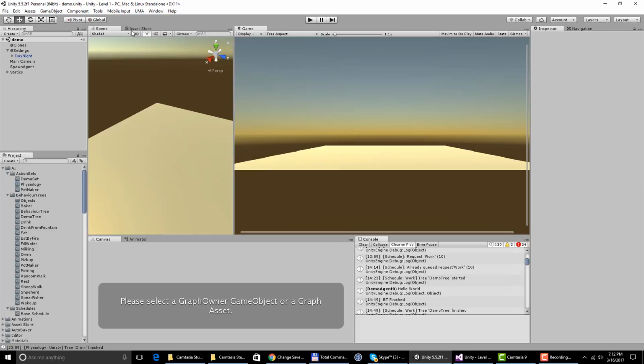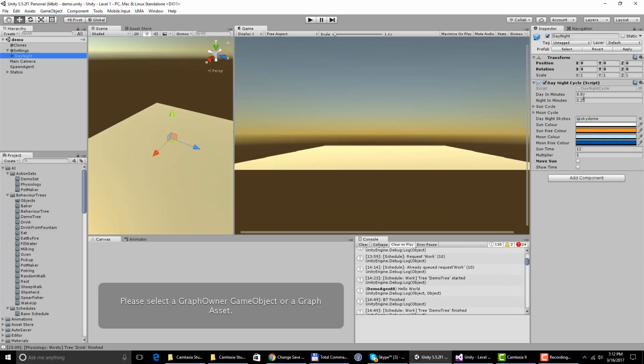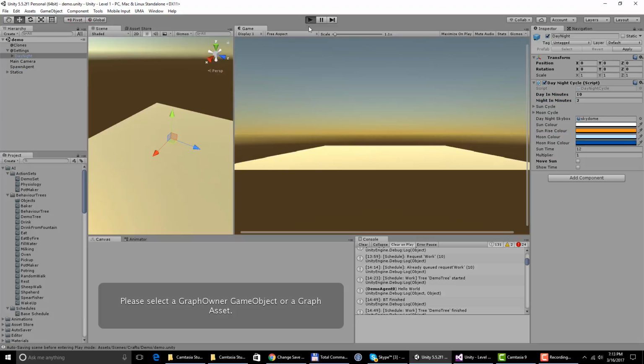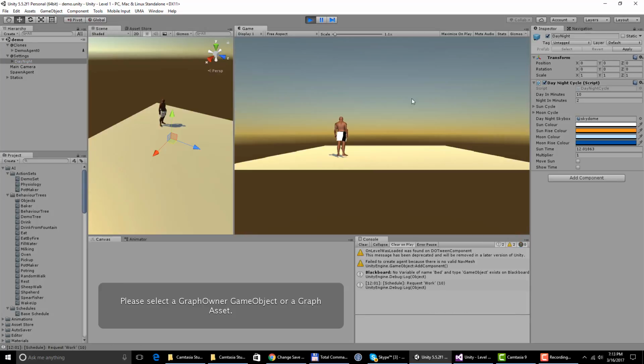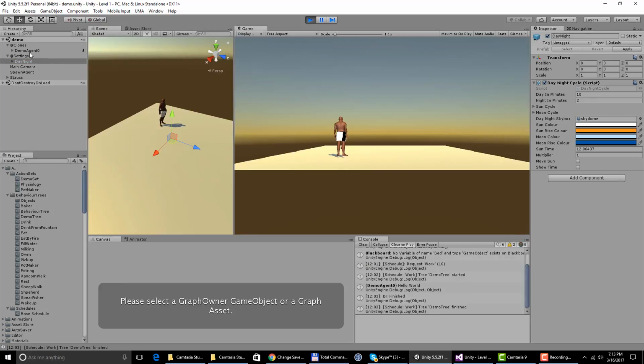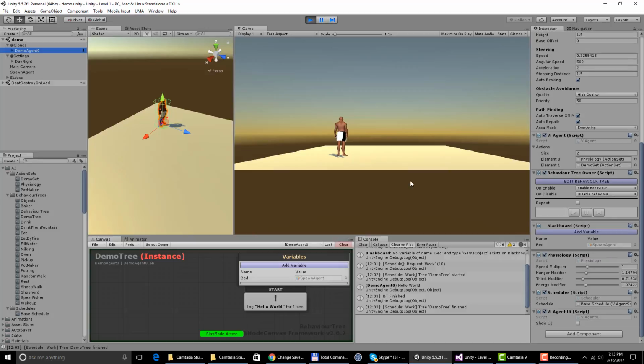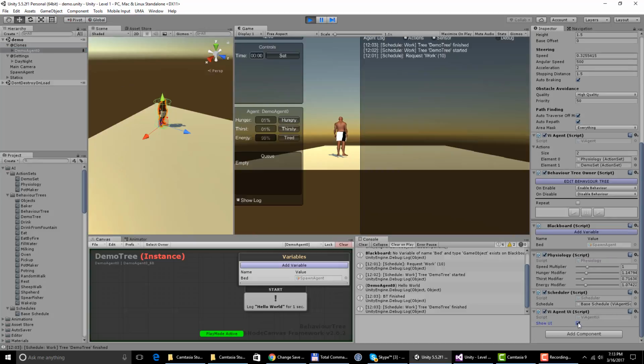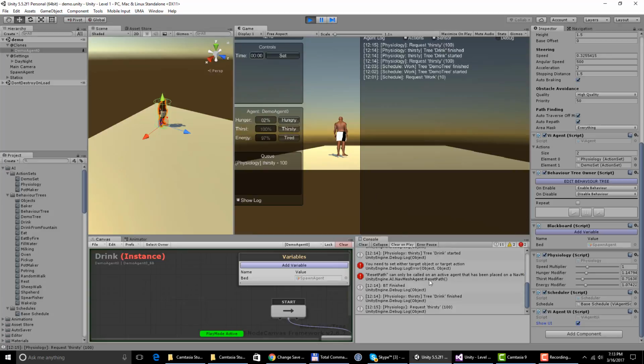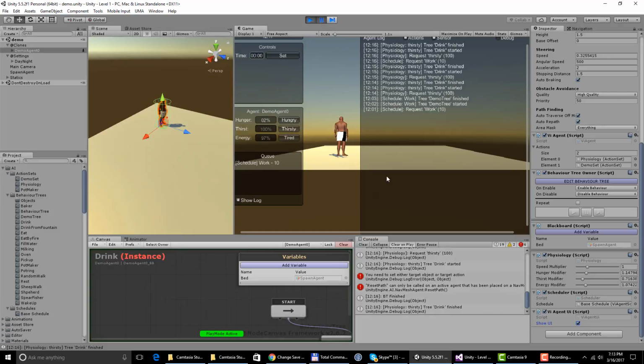But before, I'm gonna make the day a little bit longer so it's more controllable. So let's make it 10 minutes and night about 2 minutes, which is okay. And I'm going to run this again. So now my day is 10 minutes and night is 2, and I go to the agent, enable the UI, and I make the agent thirsty, right? So what is happening now, if I pause this,